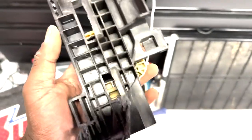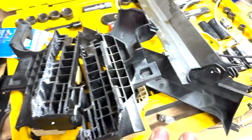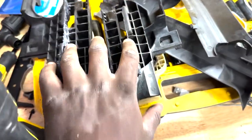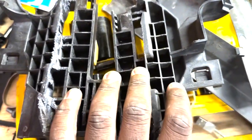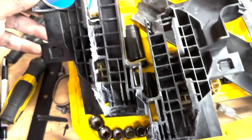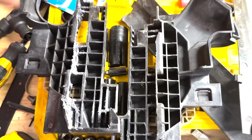A couple things to explain. I just finished cutting both of these up. In case you're wondering, you do have to modify these brackets, as well as cut some things off of the aluminum radiator. You also have to cut each side of these pretty much exactly like this. There's no template, and it's basically just trial and error. If you can do this as neat as possible, unlike me, since obviously it's my first time,